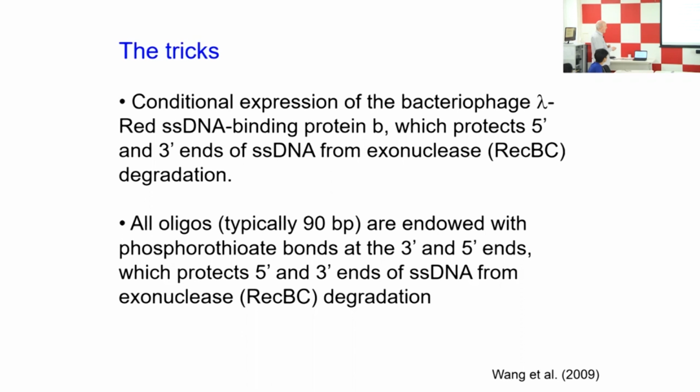So by expressing this protein called the beta protein, the single-stranded DNA is protected from the action of exonucleases. And also, in some cases, there's a chemical trick to further extend the life of these single-stranded DNA oligos, because the ends of the oligos are modified in such a way that they also become resistant to the action of the